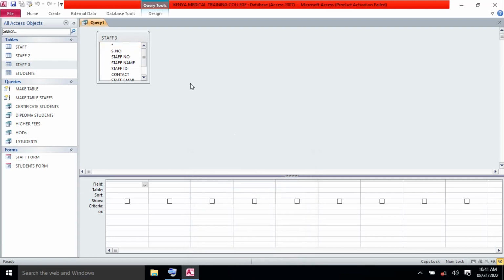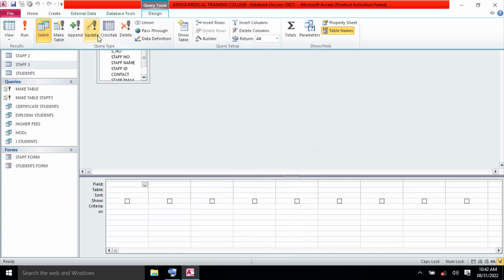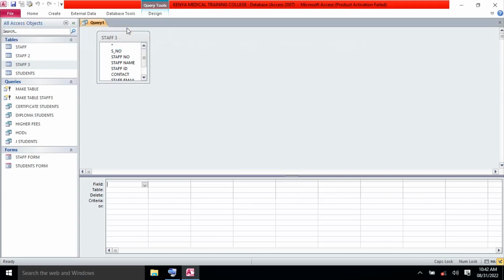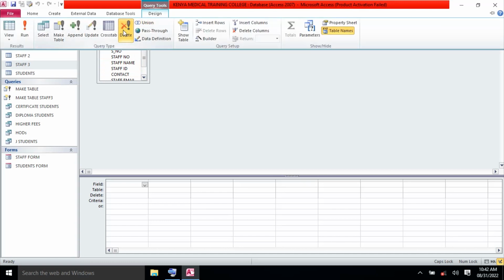Now at this point you go to the design menu, and then you pick delete query. This is it, the query whose job is to delete data. So you pick delete query. Once you pick delete query, you don't come here and insert all the fields. No, you have to be very careful. Once you make sure you've selected delete query,